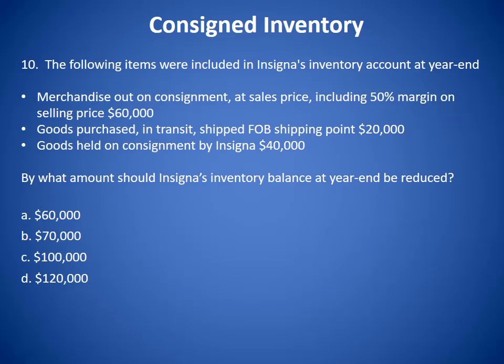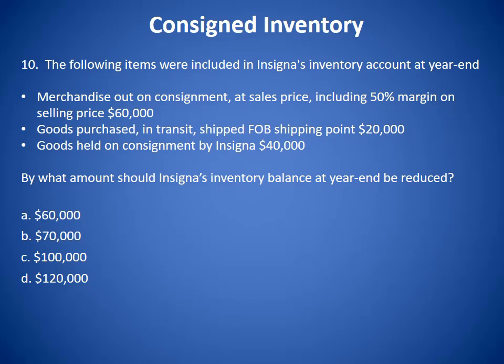Let's try question number 11. The following items were included in Insignia's inventory account at year end. That includes merchandise that's out on consignment to a consignee, and Insignia's recorded it at its full sales price, including, that means it's cost plus a profit in the inventory. So that includes a 50% margin on the selling price of $60,000. So that's what it's recorded at on